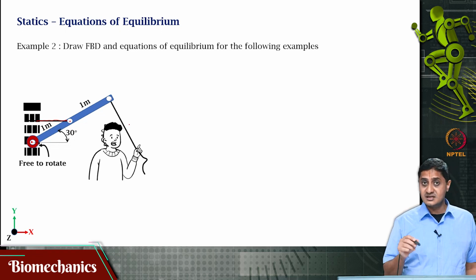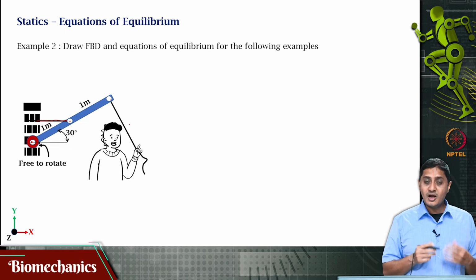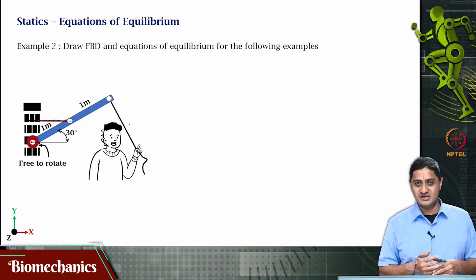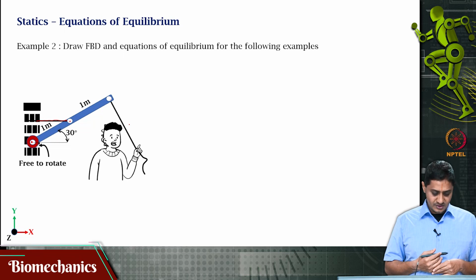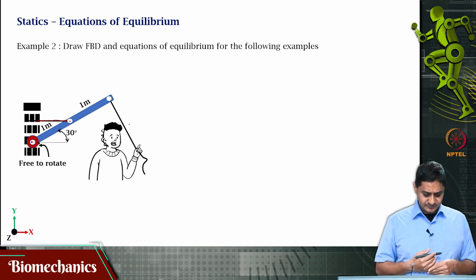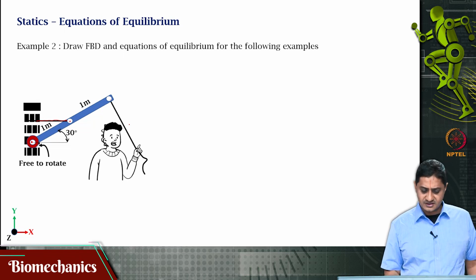And in this case this beam is free to rotate. So, M at that point will not be there. There is no restriction of rotation. Because of this reason, there will be no M at that point. Okay. So, now let us write out the equations of static equilibrium, but first let us draw the free body